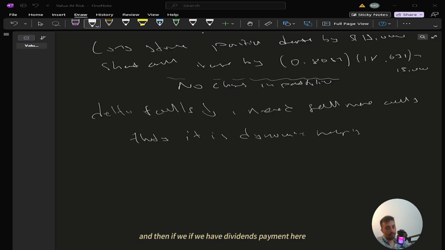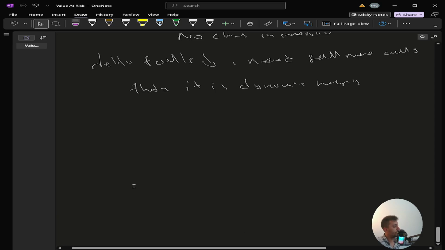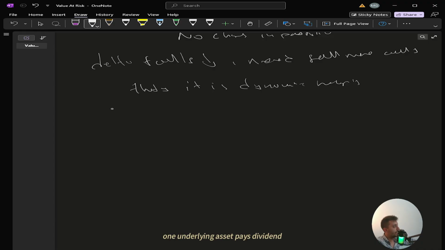And then if we have a dividend payment, we have a different formula. When the underlying asset pays a dividend, the delta of the option must be adjusted. Okay, we need an adjusted price. If a dividend yield exists,